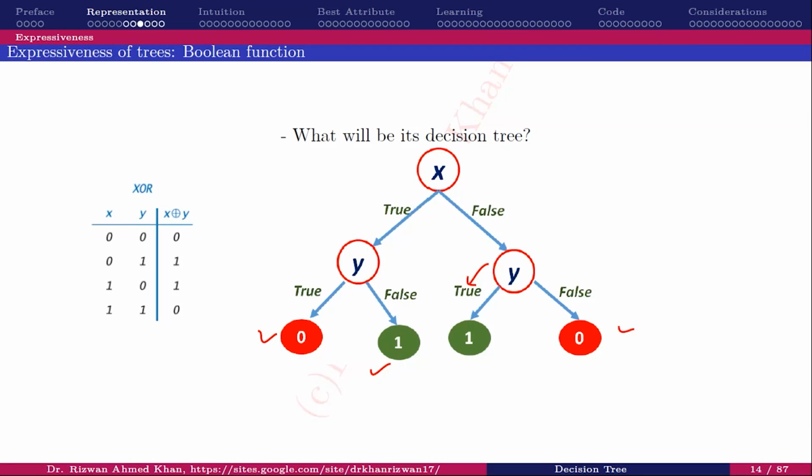Sir, in exclusive OR, when there are two different inputs, the output is true. And when there are two similar inputs, two same inputs, the output is zero. But I'm asking in terms of representation, in terms of the decision tree, there is a little difference between the two trees. Not how the decision is made, but an intrinsic difference between these two trees. Sir, there are more nodes shown.